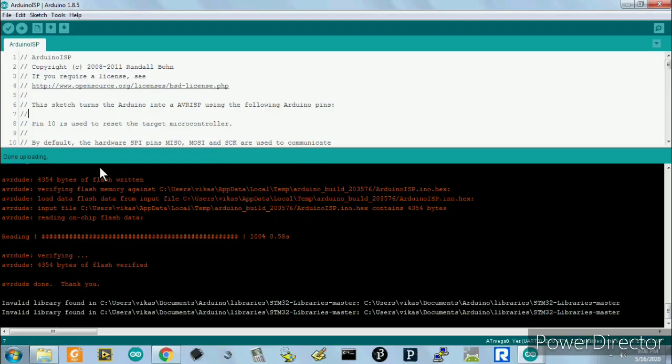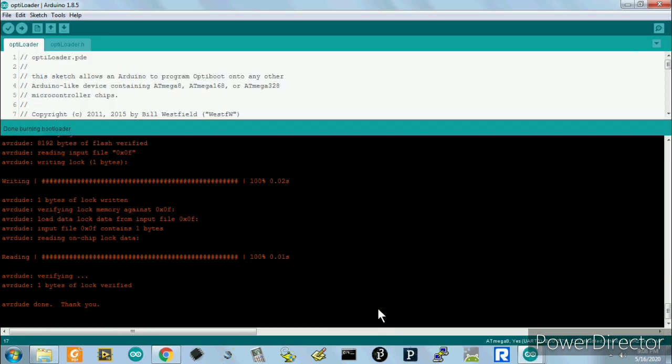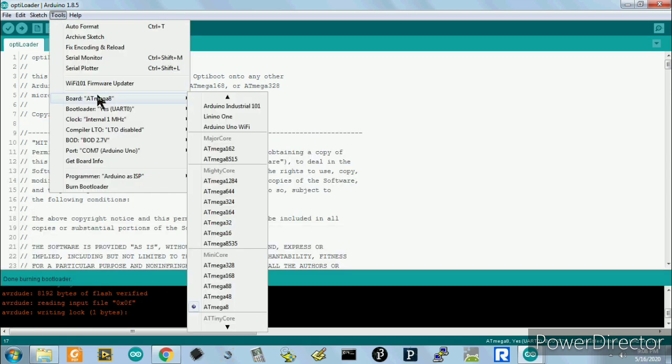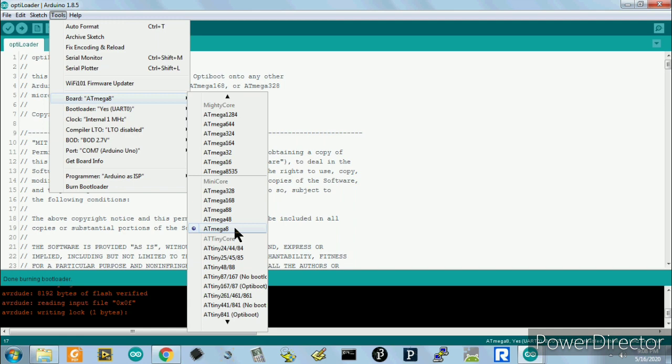Okay, we will continue. So we have converted Arduino as the ISP programmer. Then what we have to do is burn the bootloader. For that, first of all we should know the board manager. First of all we should enable which microcontroller is to be bootloaded, that particular core.